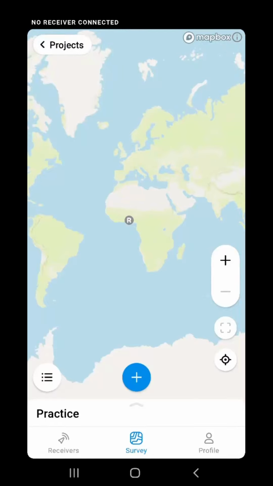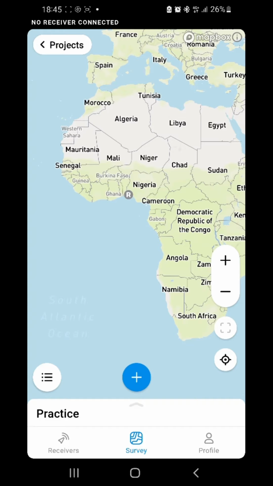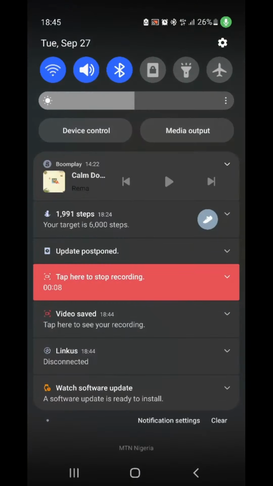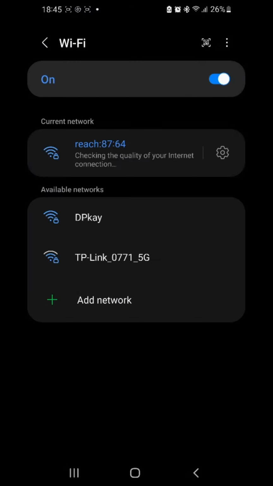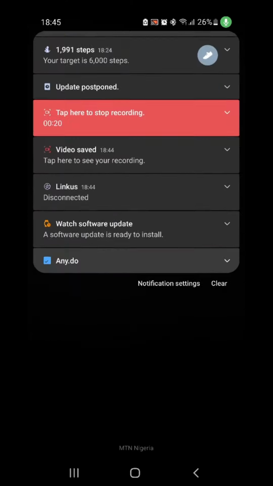In this section, we will continue by setting up our base. And to do so, we will connect to the Wi-Fi being broadcasted by our base, which is currently in hotspot mode. We'll connect to it. If for any reason we are having problems with the connection, we can just disable the mobile data and then